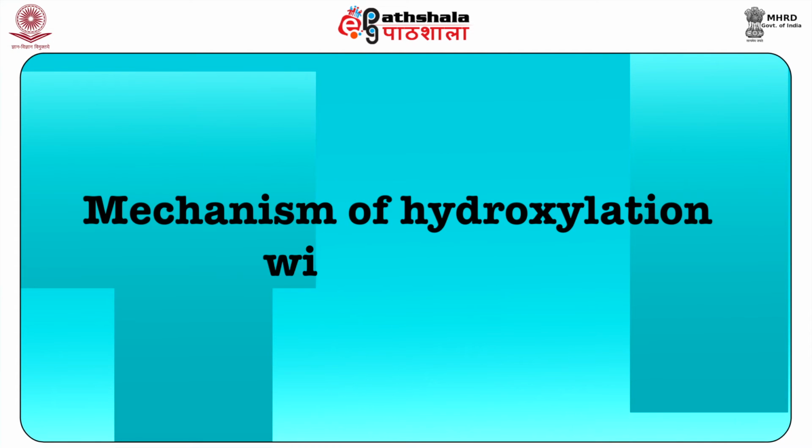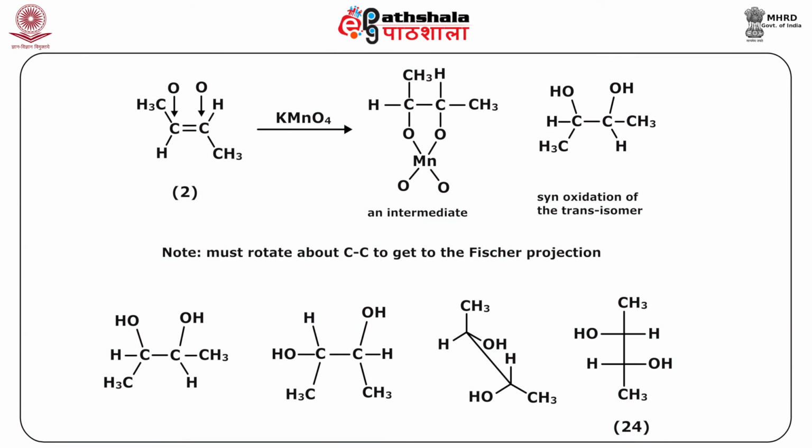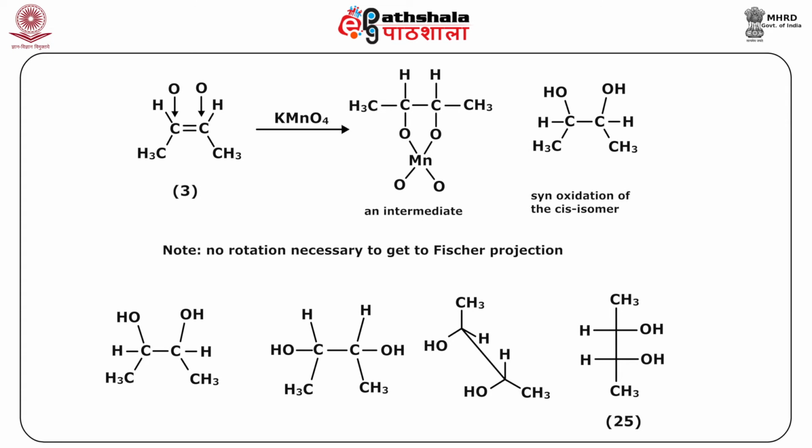Mechanism of hydroxylation with potassium permanganate. First, MnO4 adds in a syn manner and gives the permanganate intermediate. Oxidation of trans-alkene with KMnO4 gives SS and RR 2,3-dihydroxybutane, and the oxidation of cis-alkene with KMnO4 gives meso